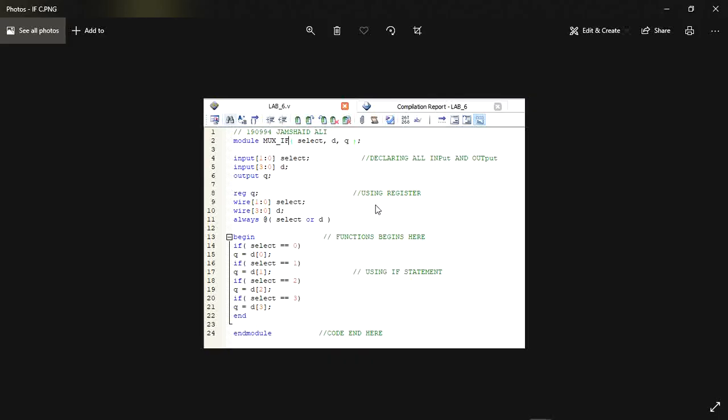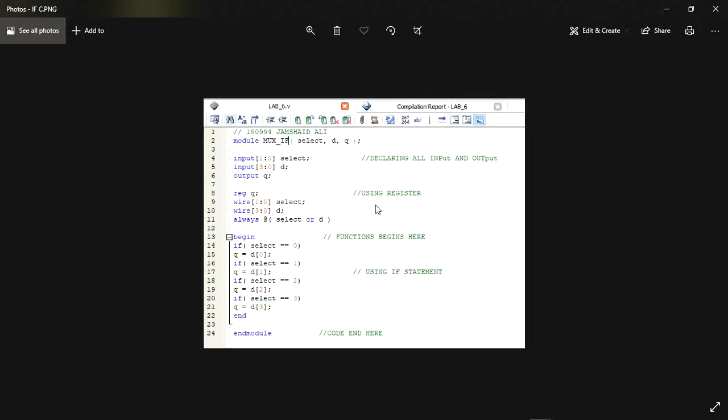First of all, here we also have to declare all the inputs and outputs, and after declaring we have to give the size to input and output. Here we use wire operation. This wire operation will tell us the wiring of the selection line size and others. Now here we use select, one selection line of 2-bit. It represents all of our connections, and next we use always to select or D.